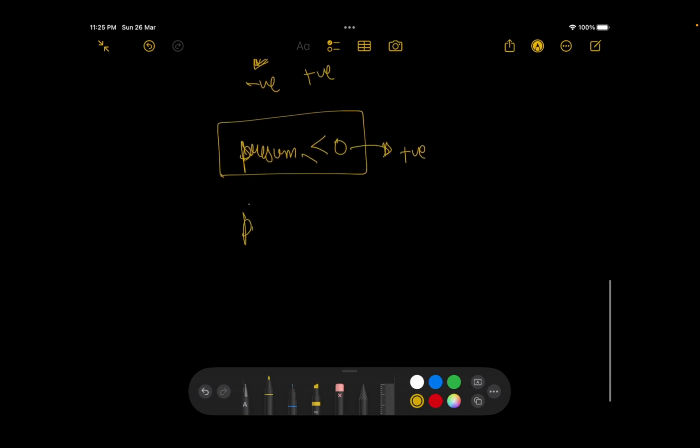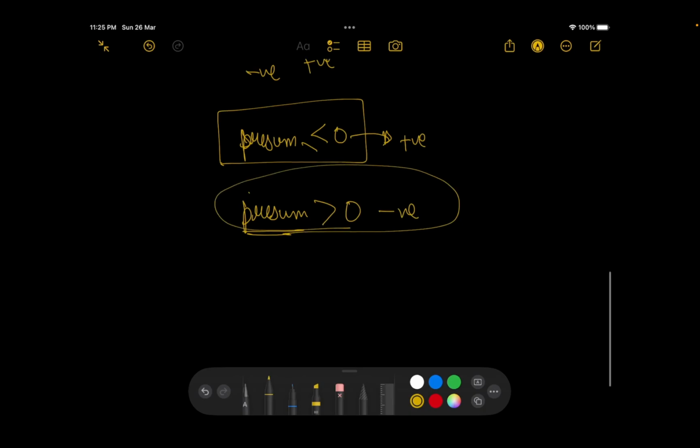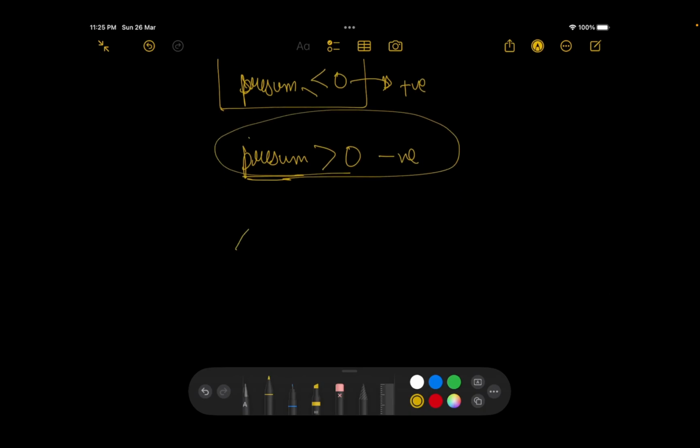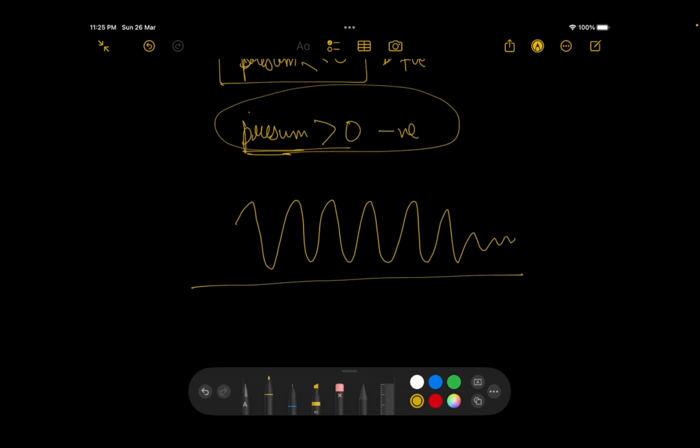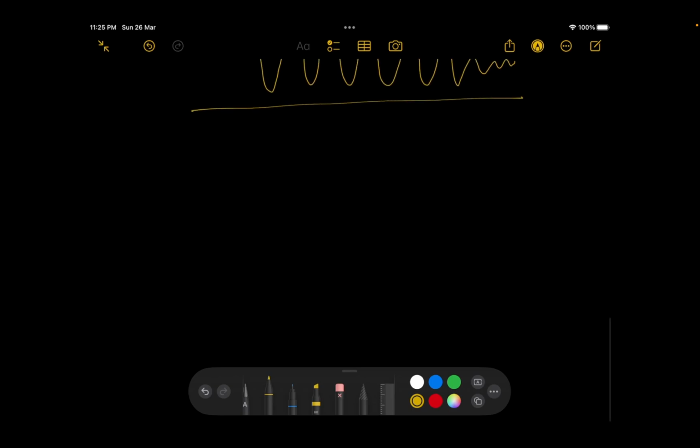Or if the pre-sum now is not negative, it's greater than 0, then I'll add a negative value to it. If I keep doing this, the value of my array would keep deviating between positives and negatives, right? It will keep dodging like this, right? If this keeps dodging like this, then never ever, okay, let me give you a more visual proof